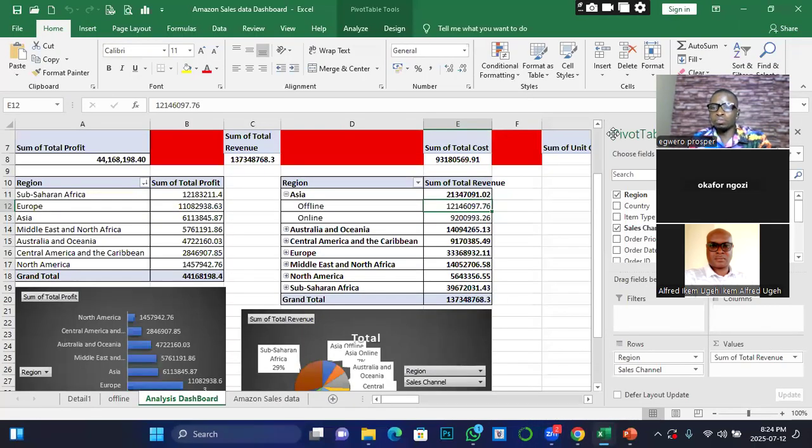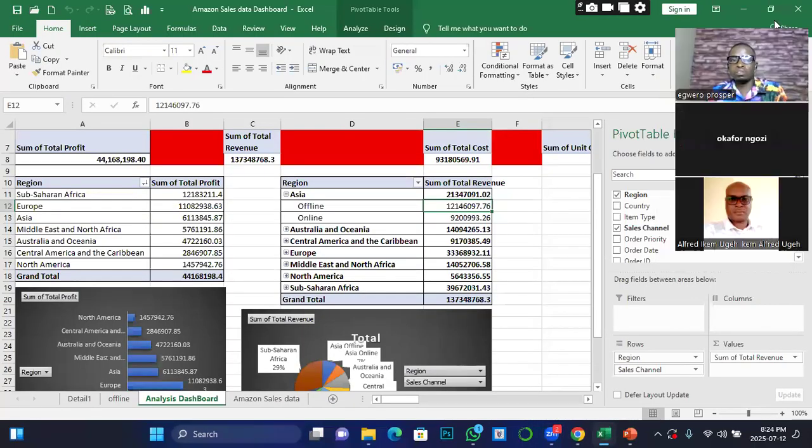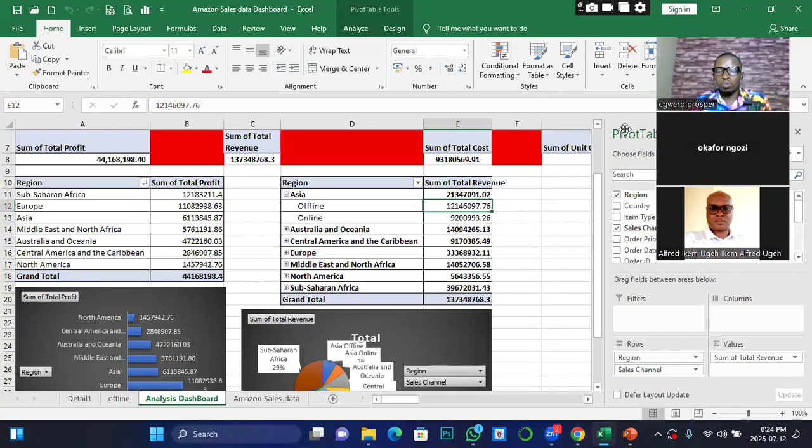We have been on pivot table, and by the grace of God, we'll be rounding up Excel tomorrow once I'm able to conclude the pivot table aspects tonight. So if you remember,